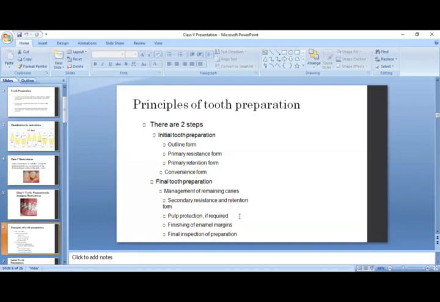Third is basically pulp protection. Please keep this in mind that we are designing a cavity. The pulp is a structure beneath the dentine. Where the dentine ends, the pulp will start. So you are not supposed to take so much dentine that you nearly encroach or enter the pulp vicinity. That is not the goal of the restoration. The restorative goal means that your restoration should be away from the pulp. If you involve the pulp, that is not a restoration.